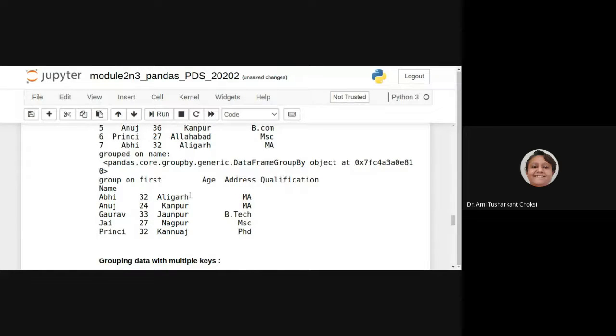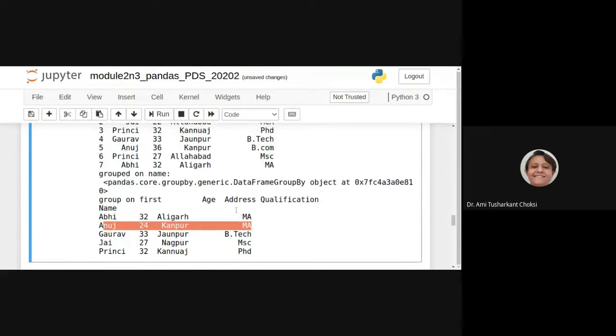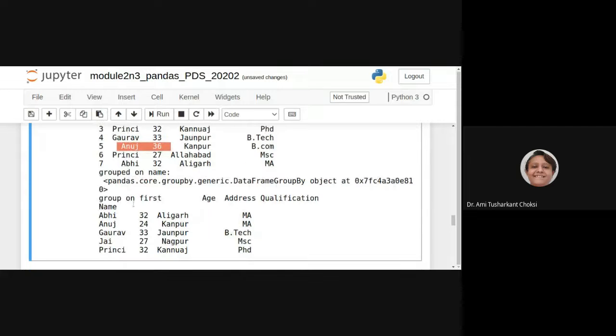Now what? We want to print group one first. For that, what it gives? Once it was that Anuj, 2 was there. Anuj 24 is there first. Then after Anuj 36 is there, right? So whatever is the first value that it prints, you can say for Anuj it is 24. For Gaurav, it is only having one entry, so no issue.